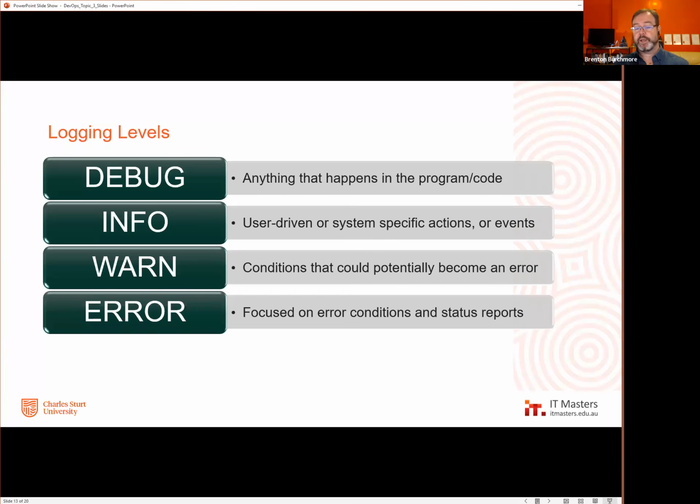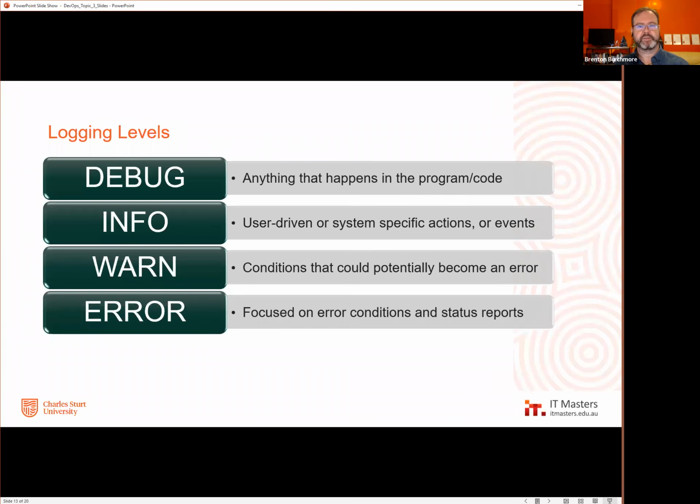An error condition is where a condition says that something has not worked as expected. So warning is the potential error, and the error logging is, well, that's an error. That's something that should not have happened fundamentally. Now, we might have a lot of those things that happen in our code, and they don't necessarily break or fall down or become an utter failure.